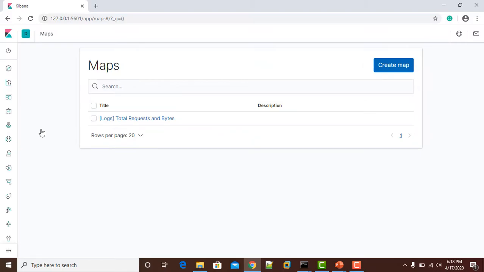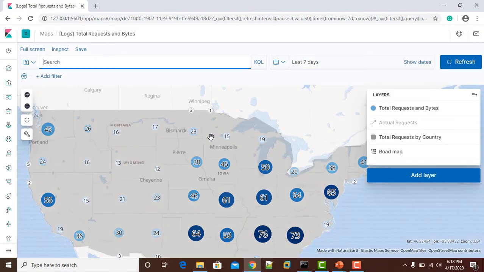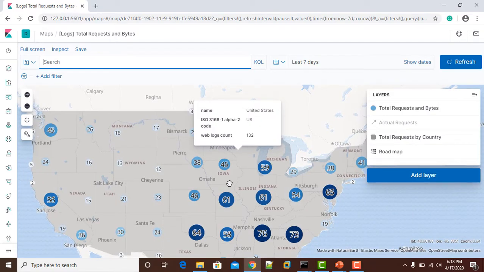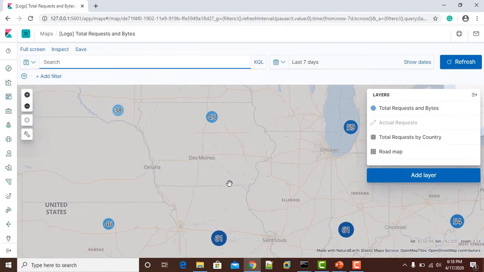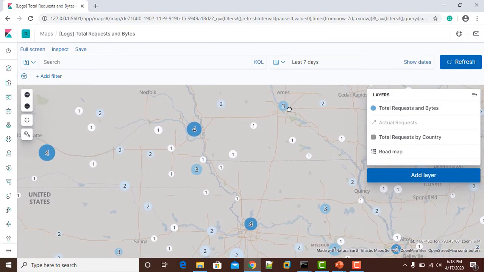Maps, this is a very interesting feature. I really like the map dashboard in Kibana. You can zoom in and find details about a specific location.